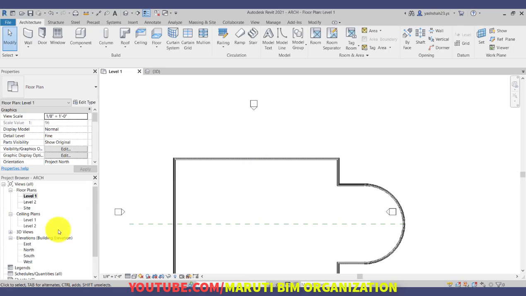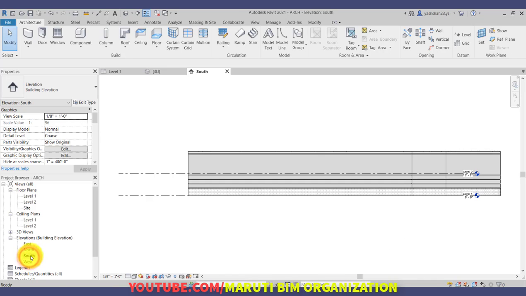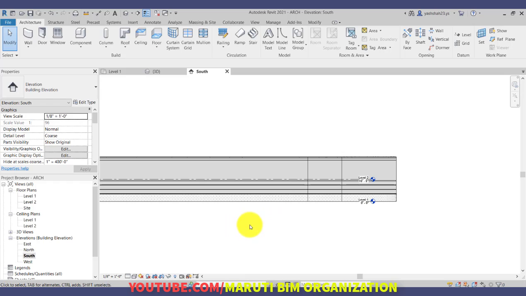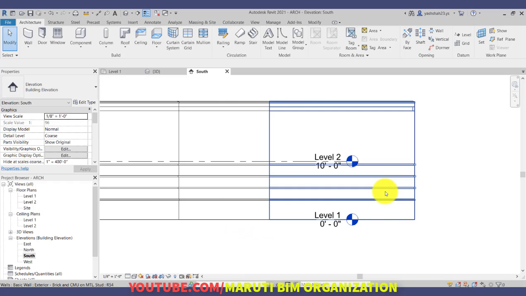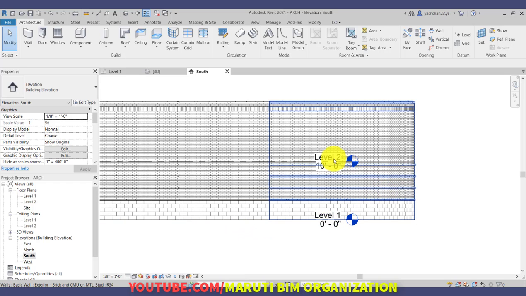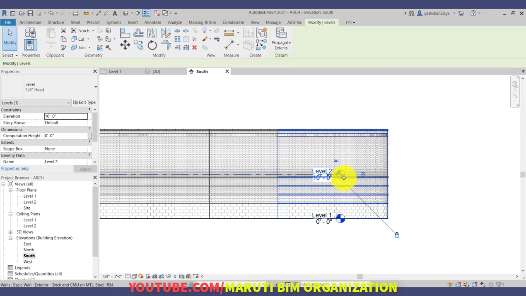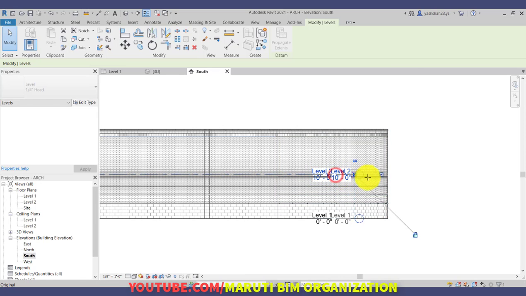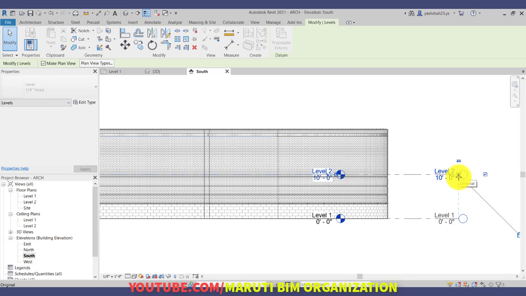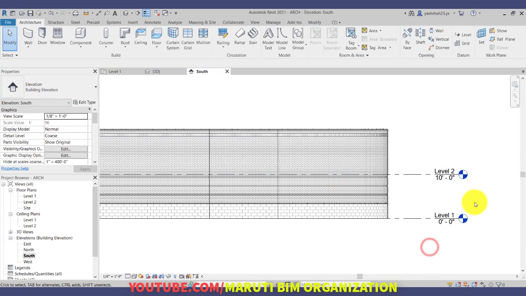So I will go to any one of the elevations by double clicking on that word. Let us double click on the south elevation, and right now it is showing me two levels by default, that is level 1 and level 2. Let us click on level 2 and click and drag by clicking on this bubble icon and drag across the model.